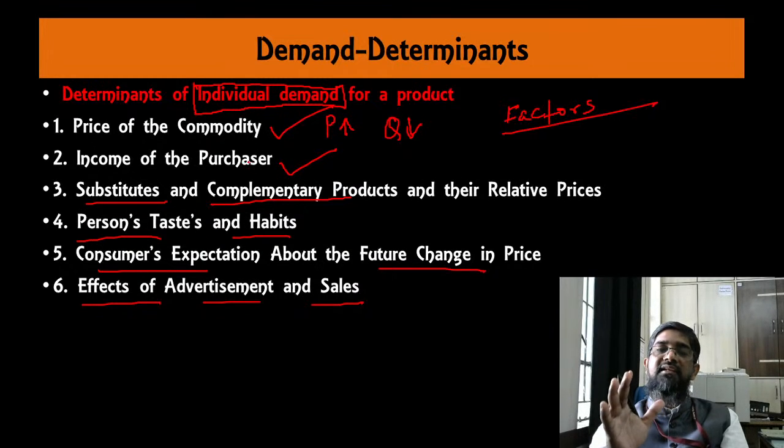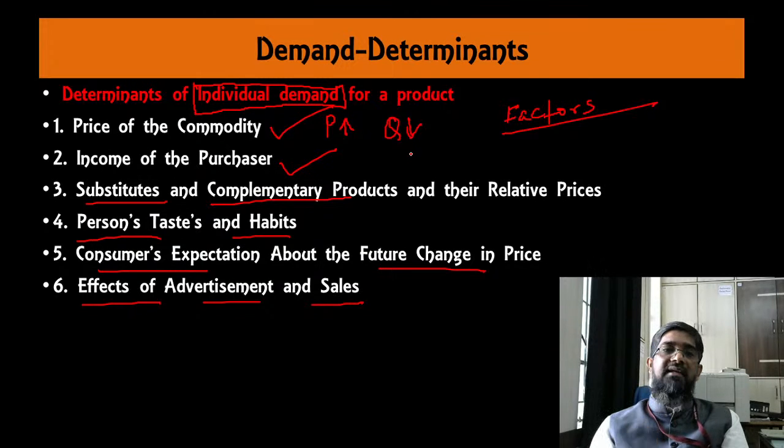यहाँ पे एक चीज याद रखने वाला है कि जब भी हम ये बोलते कि प्राइस बढ़ने पे डिमांड घटेगा, हम ये assume करते, ये मान लेते कि बाकी चीज़ें, ये जो बाकी फैक्टर्स आप देख रहे हैं, other factors are constant. Then we try to see the relation between price and quantity demanded. When price increases, quantity demanded decreases. When price decreases, quantity demanded increases. So there is indirect and inverse relation between price of the commodity and quantity demanded. In detail we will study this when we will study law of demand.